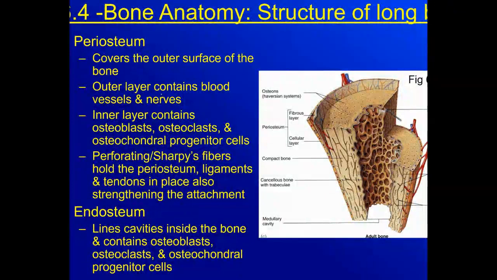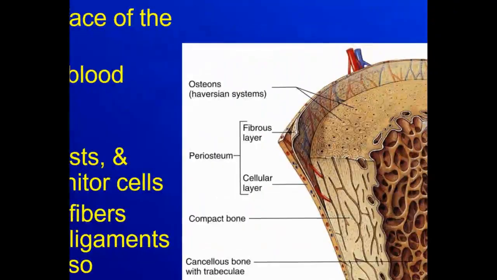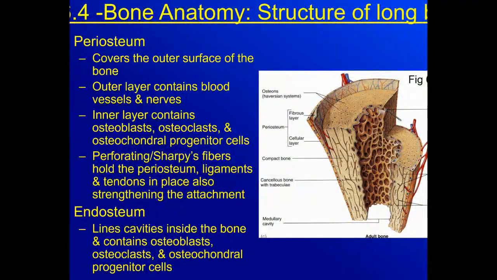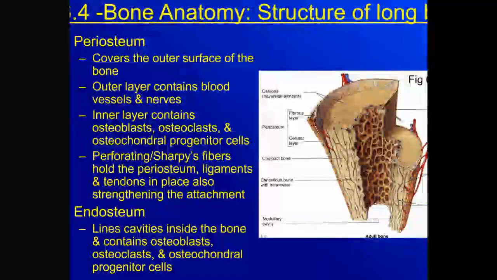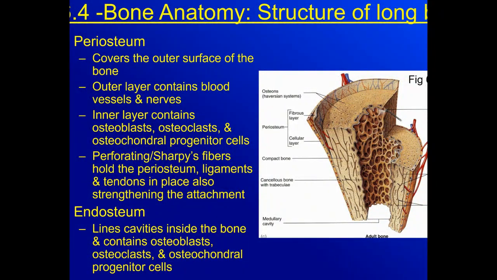So you've got blood vessels and you've got nerves here, and you can actually see the blood vessels here. They did a very good job of showing that in this picture. The endosteum also has blood vessels and nerves. Now think about this for a second. I've got compact bone, I've got spongy bone, both of which